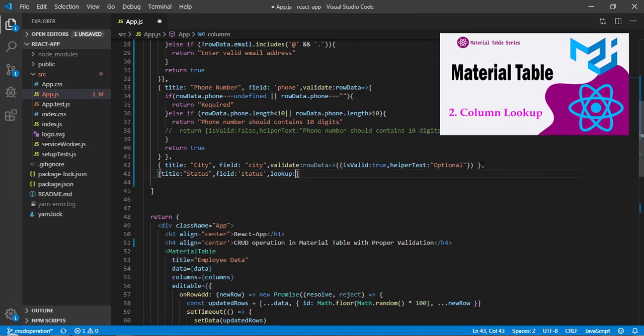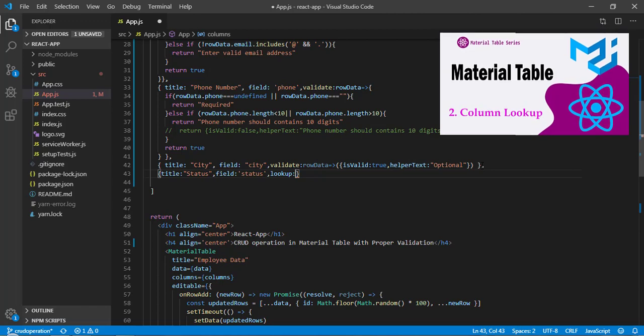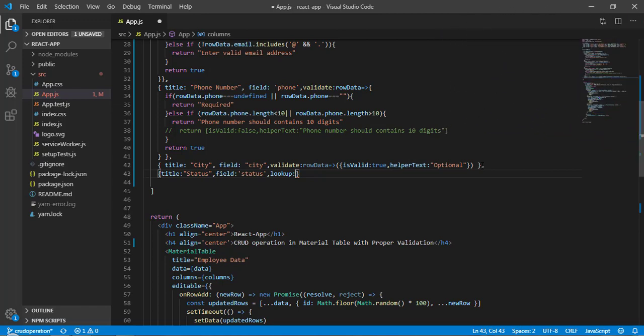If you want to learn more about the lookup, you can find the link in the description of this video. So here the lookup is going to take an object, and for 0 I will call it inactive user, and for 1 I will call it active user.